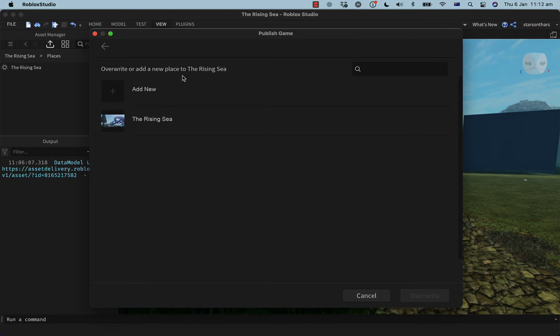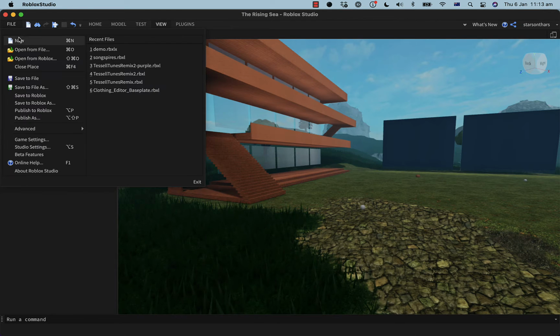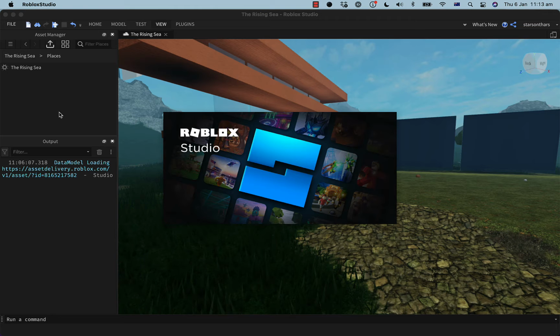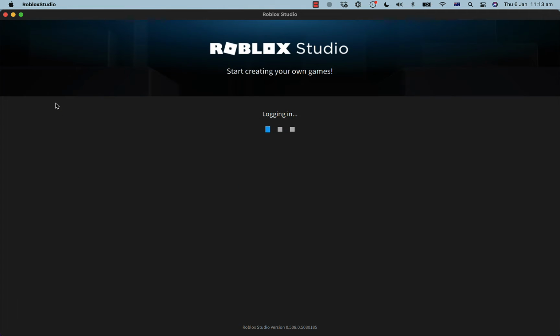And here you clicked on the experience called the Rising Sea, and now we're looking at a sub menu which has the Rising Sea as a place. That's right. So if I go add new and then create, yeah, I'm too scared. Let me make a new one. I think that should work. But this is also full of scripts and stuff, so I'd rather make something fresh.